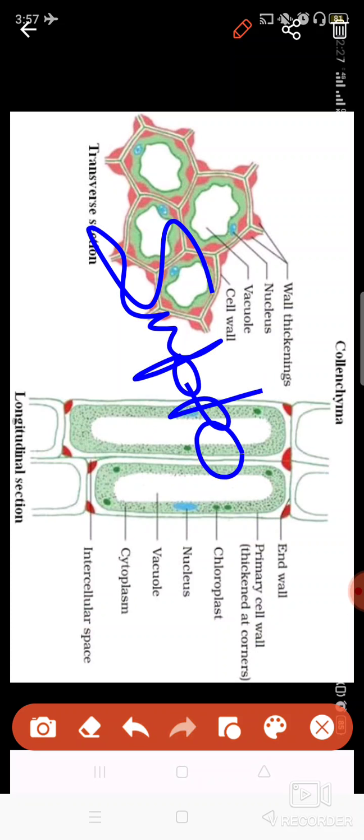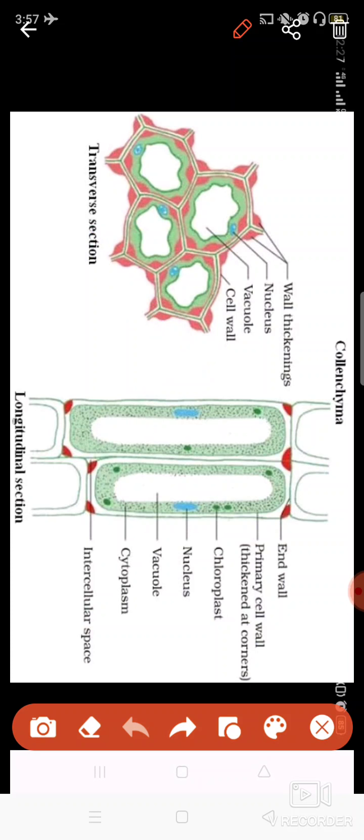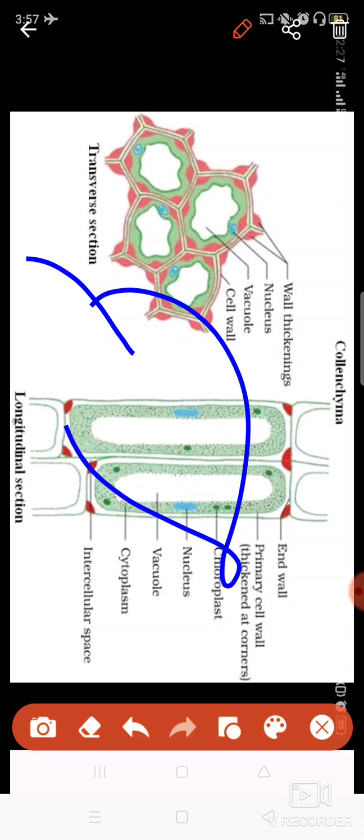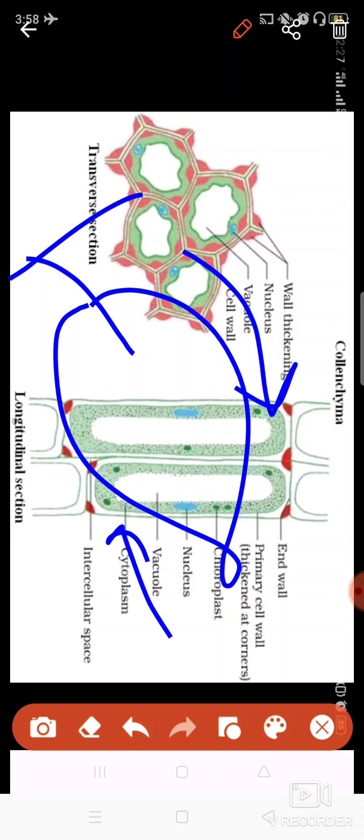It provides support to the plant parts. It is basically present in the areas which require some kind of flexibility. It provides a kind of tensile strength and flexibility. If a leaf is attached to a stem, it can easily move here and there in the air, but it never breaks off so easily. When it dies, when it wilts, only then does it fall.